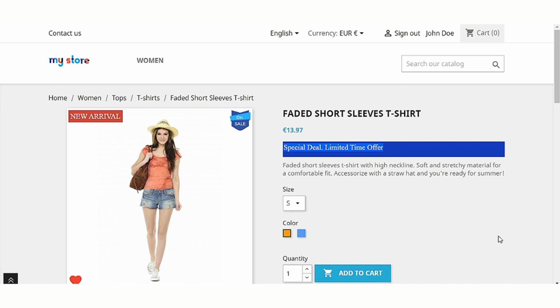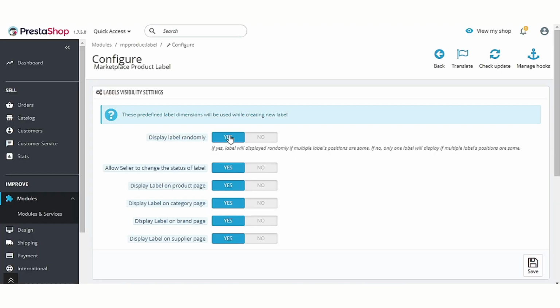While creating the labels, the seller set the position of the label sale and new arrival to third. The very first label created by the seller, that is sale, is considered for the third position, and the label new arrival will be displayed randomly as configured by admin from the back office.